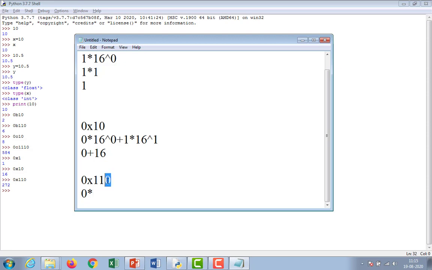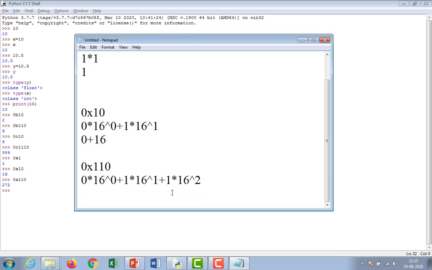Every time we go from left hand to right hand: after 0 there is 1, 1 into 16 power 1, plus second one, 1 into 16 power 2. 0 into anything is 0.